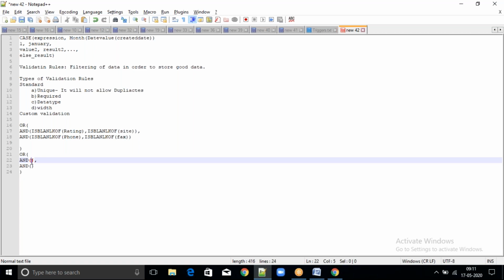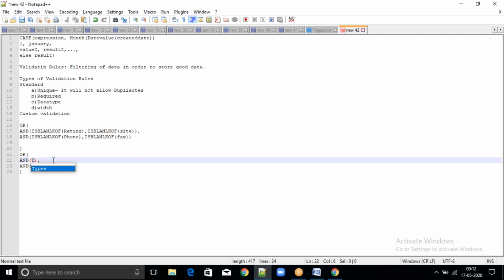True, I guess. I have entered rating and fax. Now I'm checking is blank of rating. It will return true or false. True. Why it will return true? Forget about everything and condition. Is blank of rating.